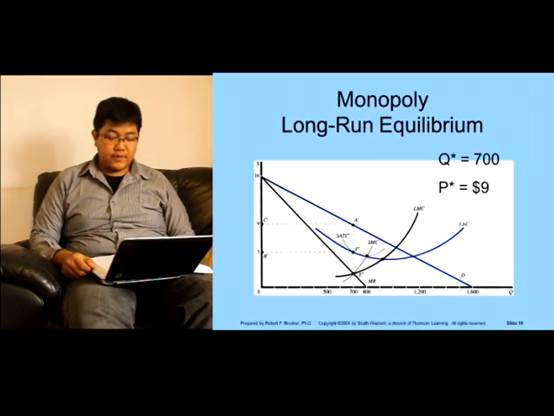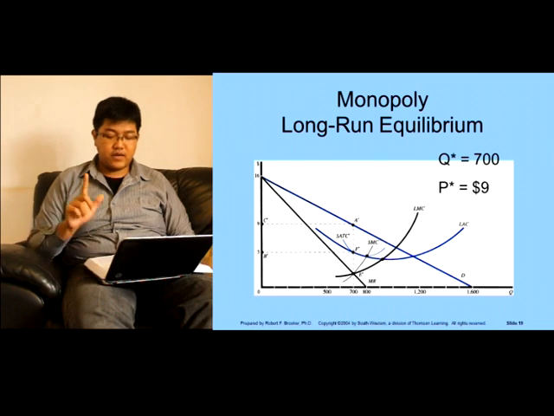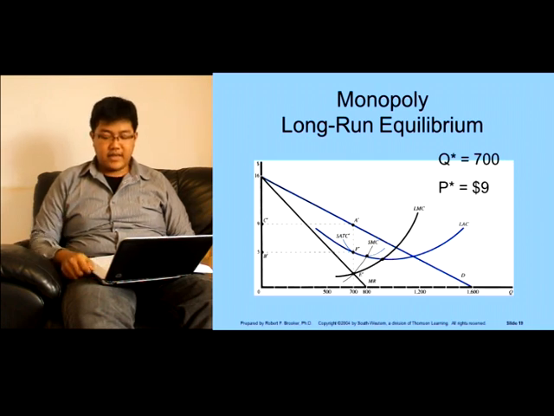And here is the long-run price and output determination by the monopolist. The best level of output for the monopolist in the long run is 700 units and is given by point E, at which MR is equal to LMC. At Q equal to 700, the price is $9. The monopolist operates the optimal scale of plant at point F at an average cost of $5. The monopolist earns a long-run profit AF equal to $4 per unit and AFBC is $2,800 in total.